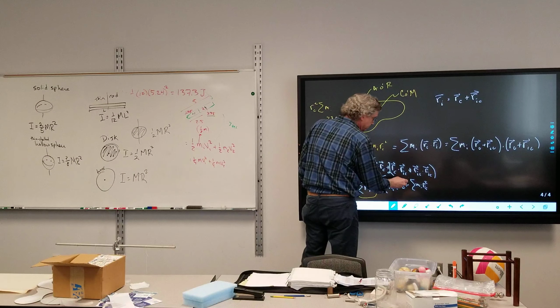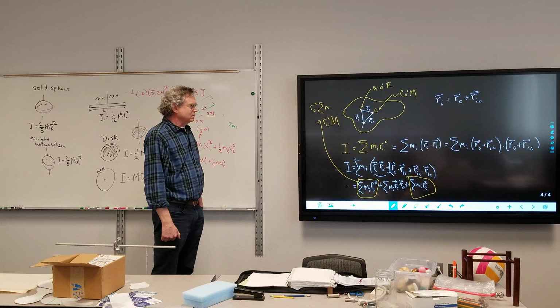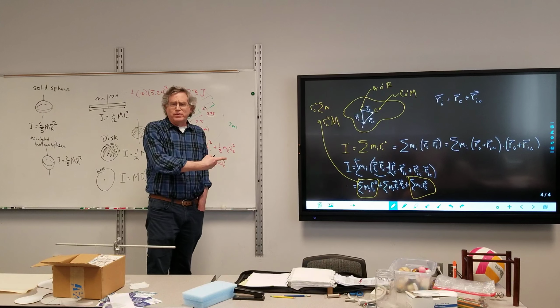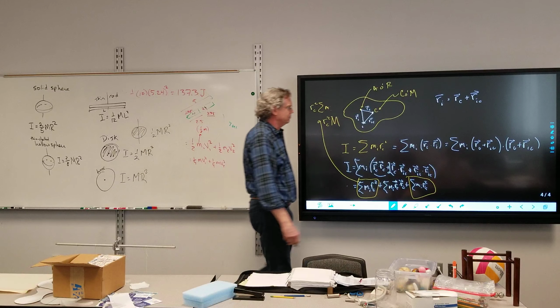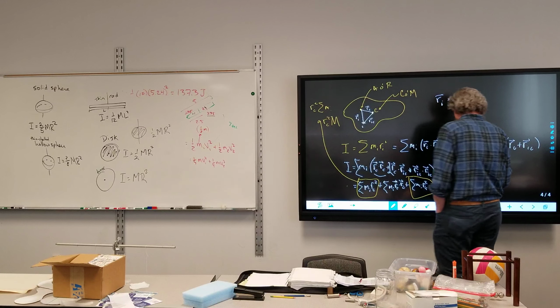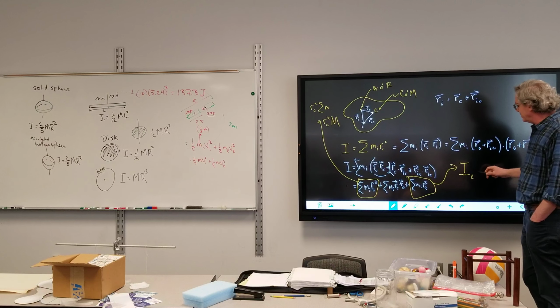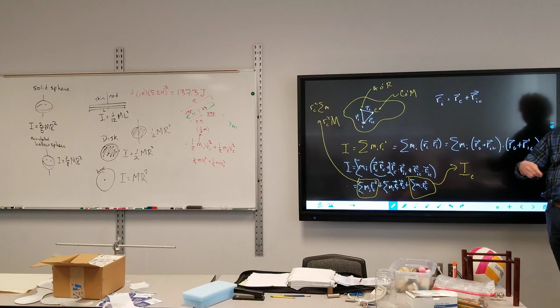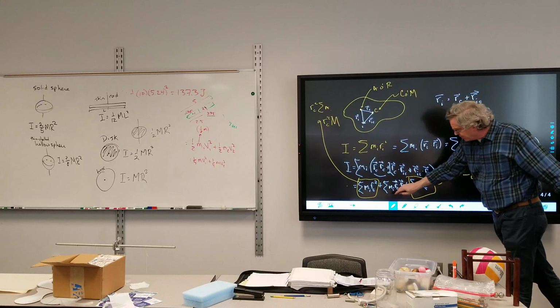This last one, that's just the moment of inertia rotating about the center of mass. That's I. I put a little c there to represent, this is the moment of inertia with the axis going through the center of mass. So we've got this pesky little term right here,